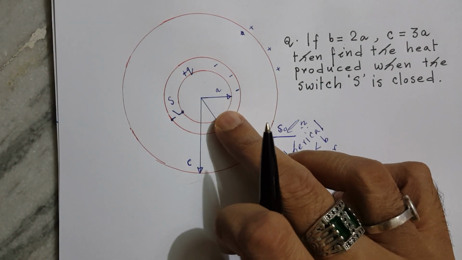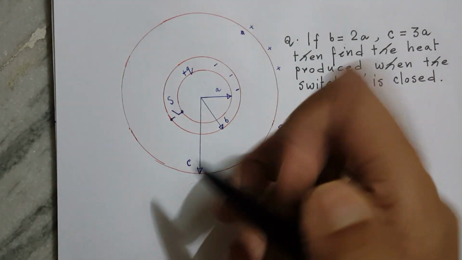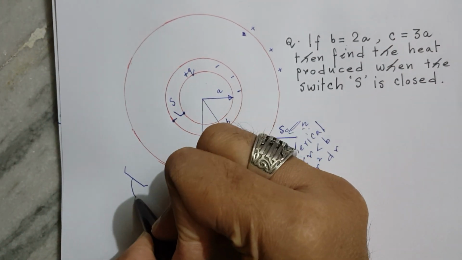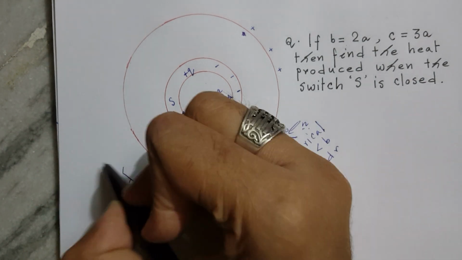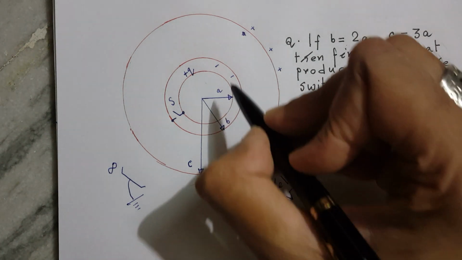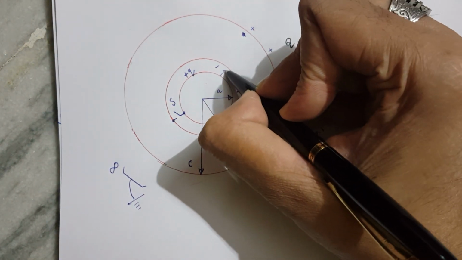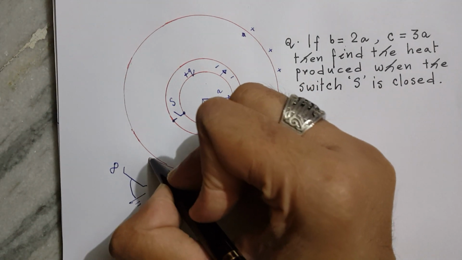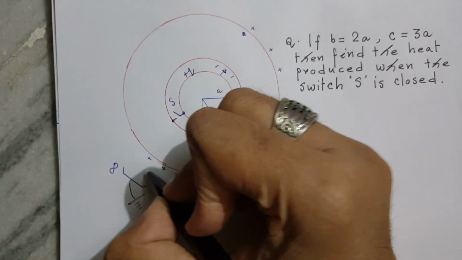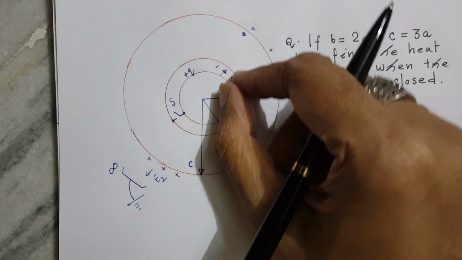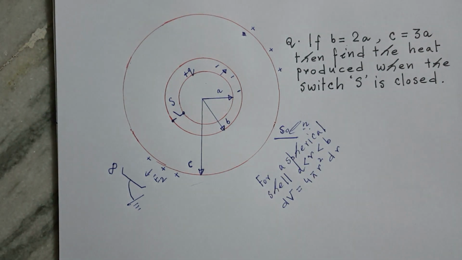Electrostatic energy will be stored in this region and also in the region between the outer surface of the spherical shell and the plate which is connected to earth, located at infinity, because it is at 0 volt. So the electric field is in this region. The electric field's direction is this, from positive to negative. This is the electric field, and another electric field, E2, is because of the positive charge induced on the outer surface, in this direction. So there will be some electrostatic energy stored in this region as well as in this region, and there is no electric field in this region.